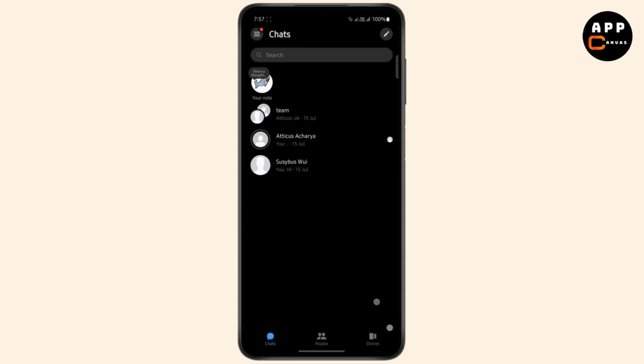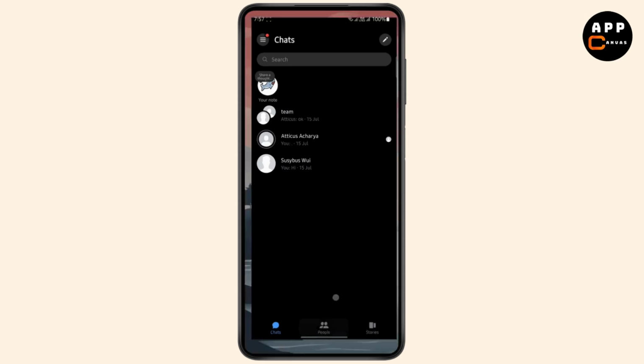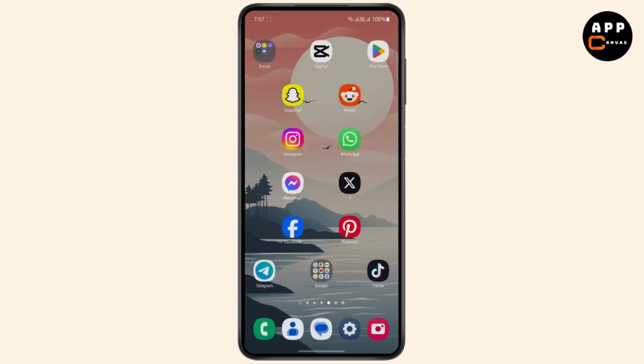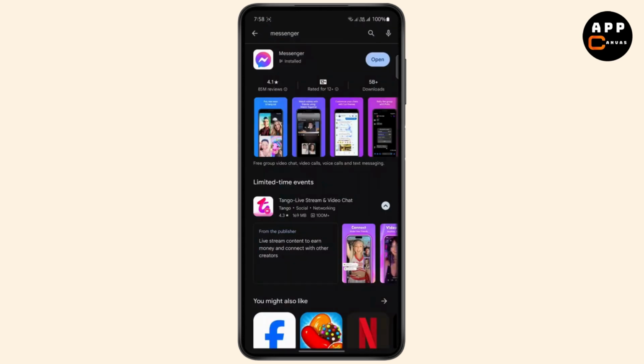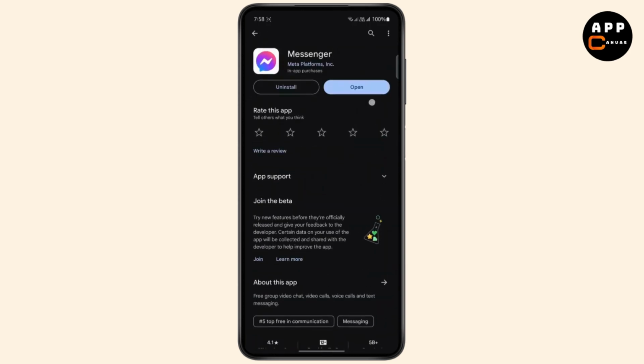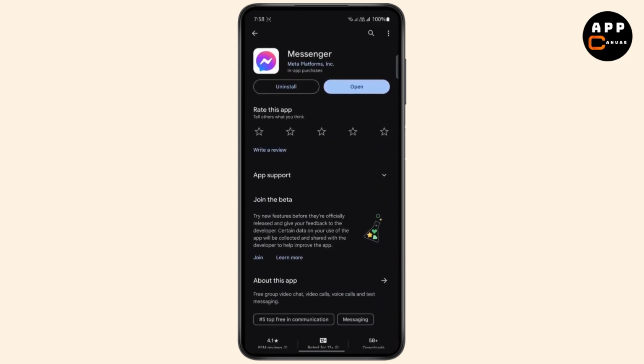The second thing you have to make sure is your app is up to date. So for that, just open your Play Store, and once you open your Play Store, you can search for Messenger app and then open it. Make sure that this is on open, and if you have an update available right here, you can update the app to the latest version. Once you do that, this should fix the problem, but if it still doesn't fix your problem, then you will